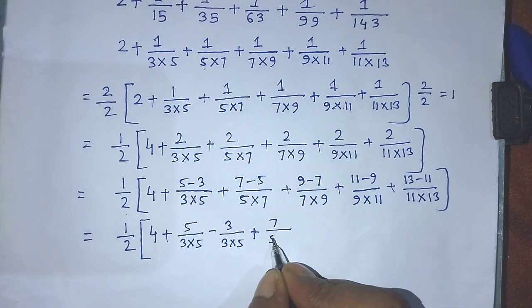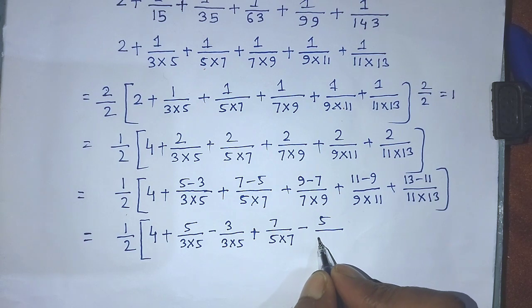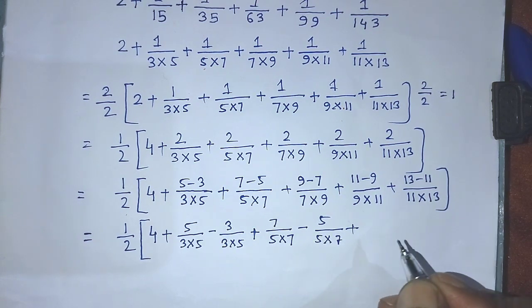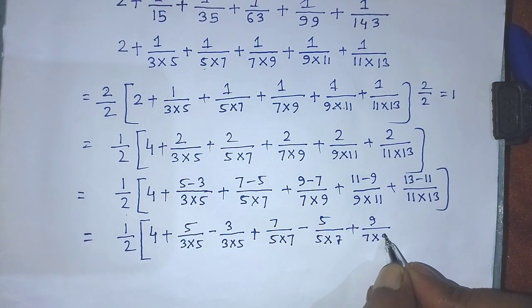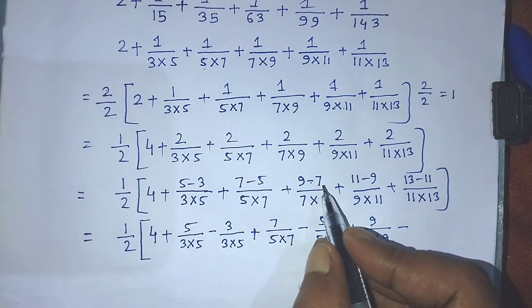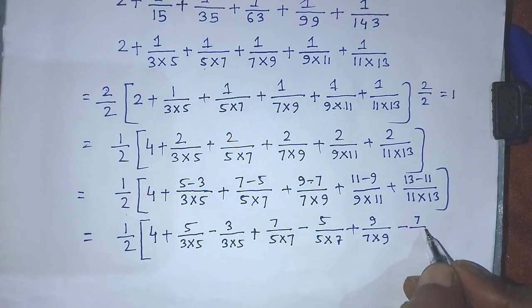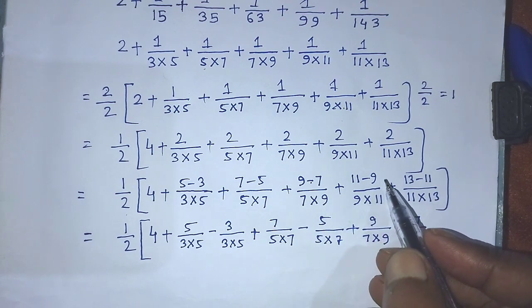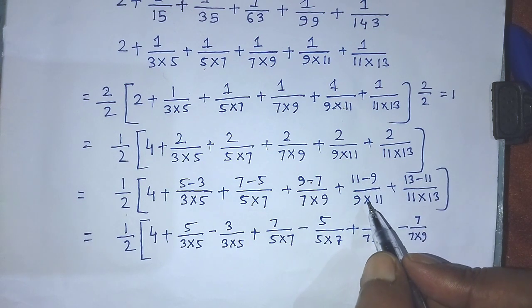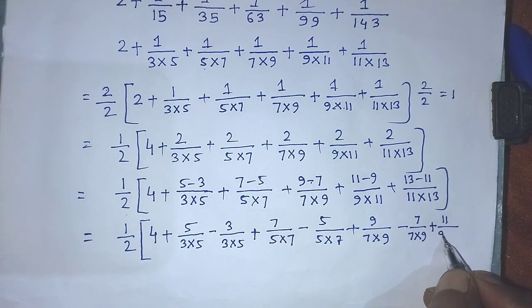over 5 into 7 minus 5 over 5 into 7, plus similarly we can write from this fraction 9 over 7 into 9 minus, here is the minus sign, and we have to write 7 over 7 into 9. And in the fifth term here is 11 minus 9 over 9 into 11. So we can write from this fraction plus 11 over 9 into 11